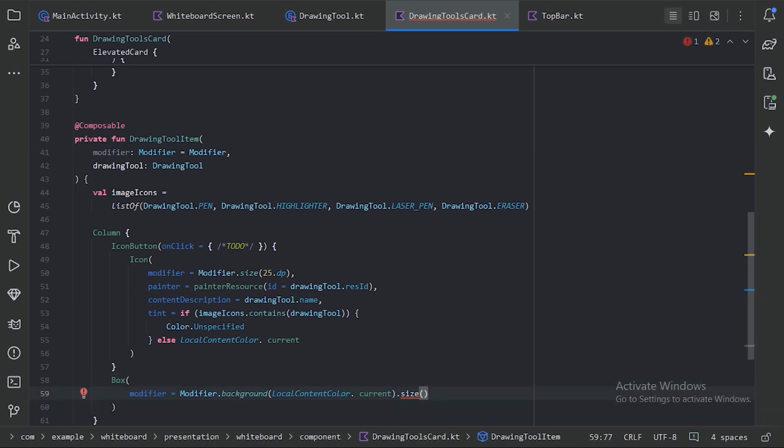So for the size let's use 25 dp as the width and height 1 dp,